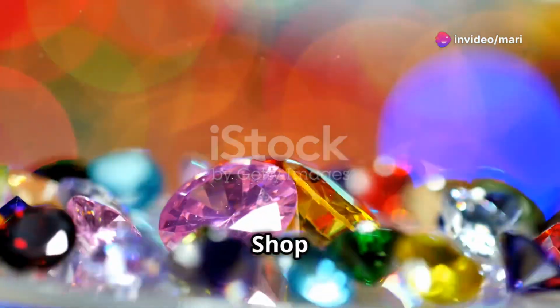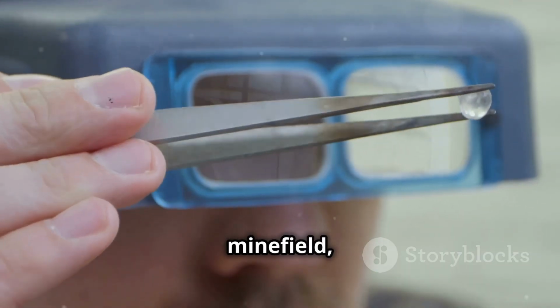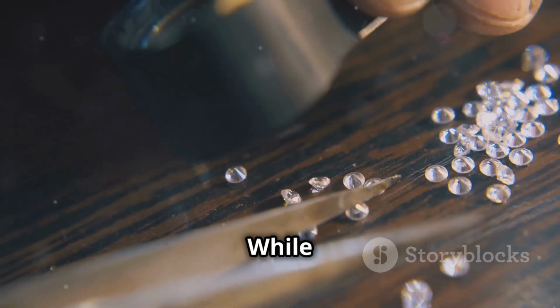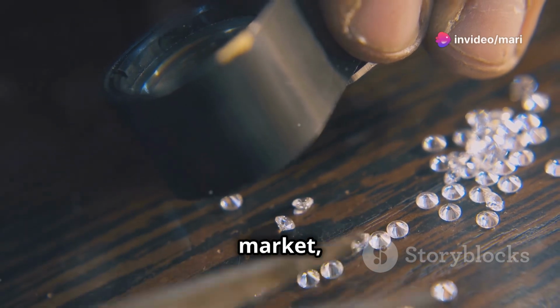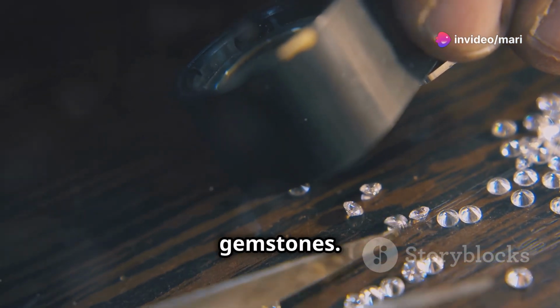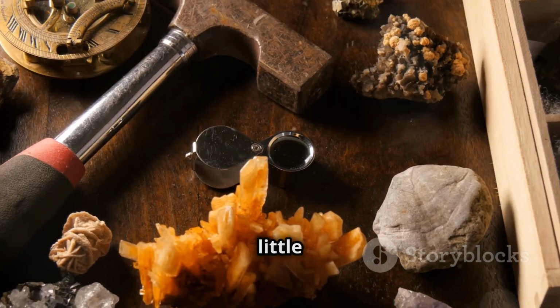Sparkle bright, shop smart. So there you have it, babes. The gemstone world can be a minefield, but armed with this knowledge, you'll be able to spot a fake a mile off. While there are many trustworthy dealers in the market, being informed and cautious can help protect you from scams when purchasing gemstones. Remember, knowledge is power, and when it comes to gemstones, a little bit of savvy goes